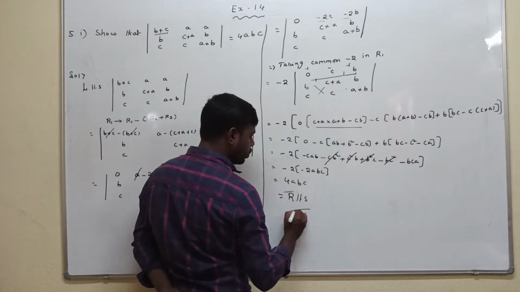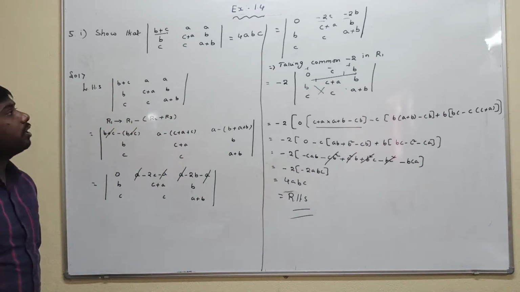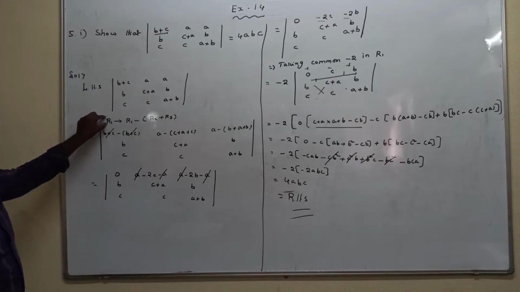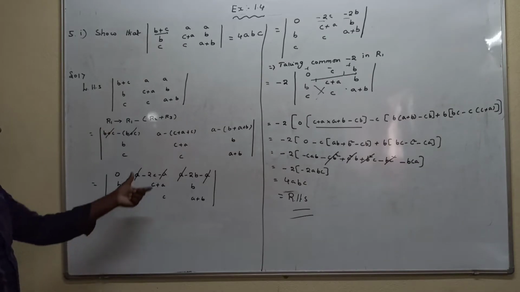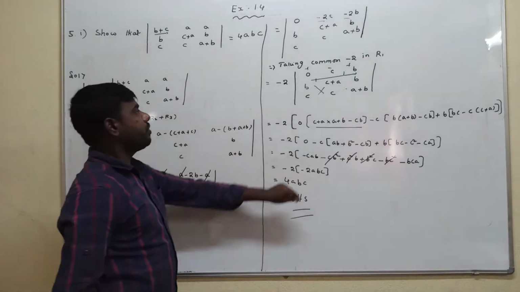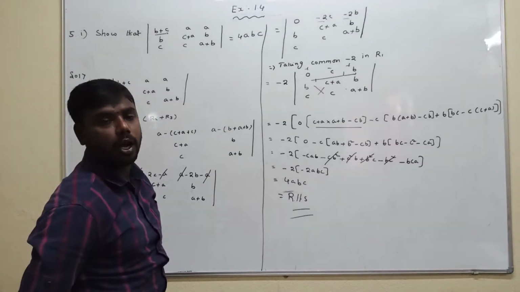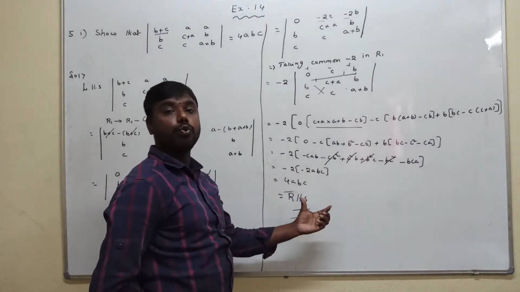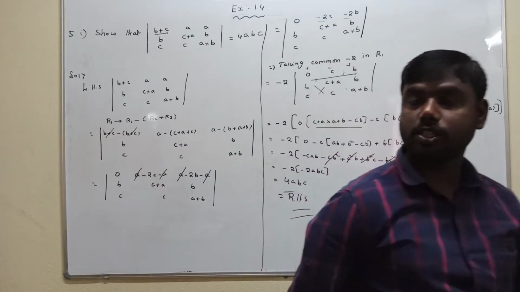This is the solution for this question here friends. I think everyone understands this question also. Very easy. First, R1 changes to R1 minus of R2 plus R3. After applying the condition, in the first row, take minus common outside. After taking common outside, we should apply the determinant condition. Finally, we get the RHS value. This is the solution for this question here friends.